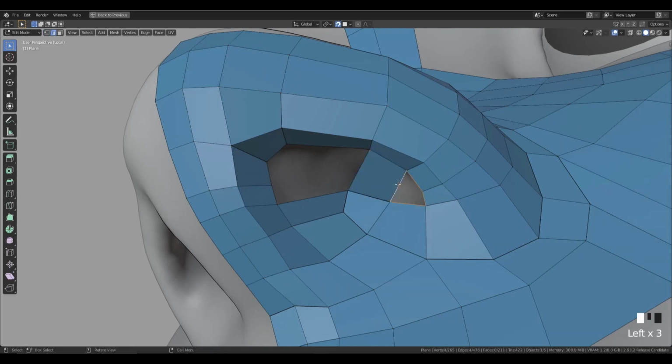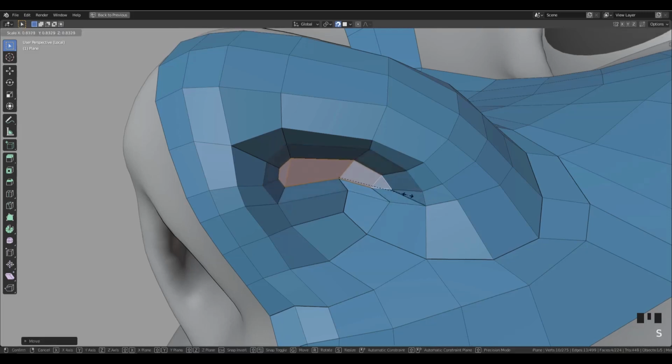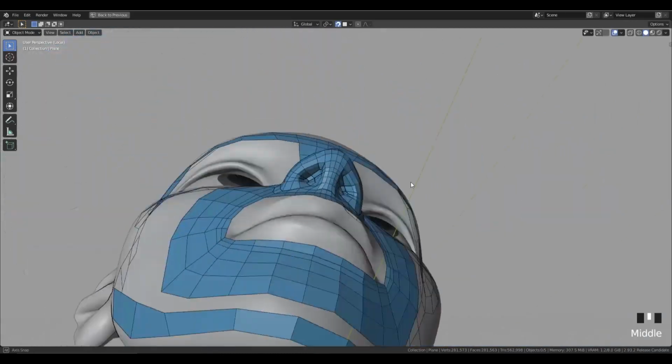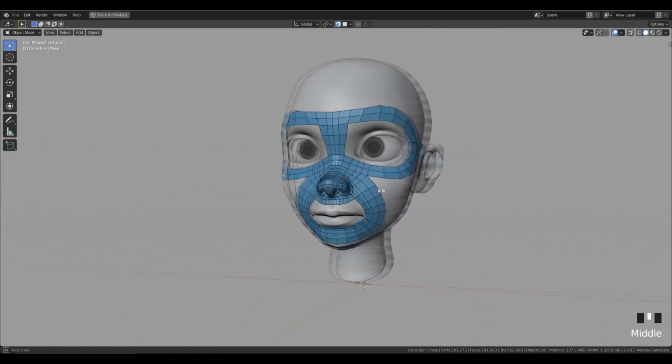So to close this, I'm basically going to do that, and I think that for now it's going to be alright. So let's select this, press I, G. I will basically do an inset, and G will do the projection, the usual projection that we have. Okay, so for now I think that this is fine for the nostril. As you can see, we managed to control the topology of the nose at a very specific location,